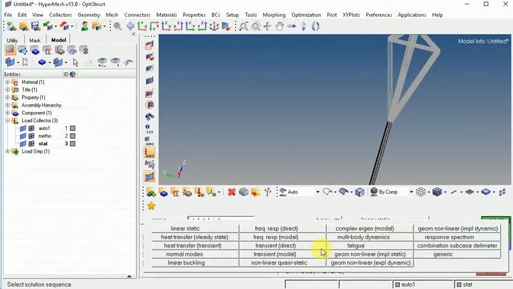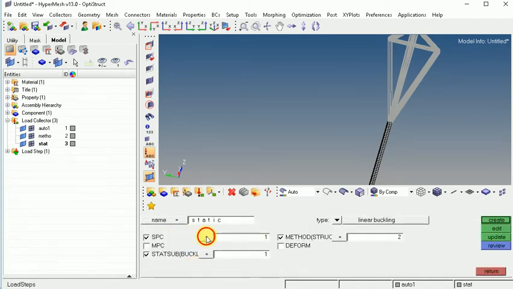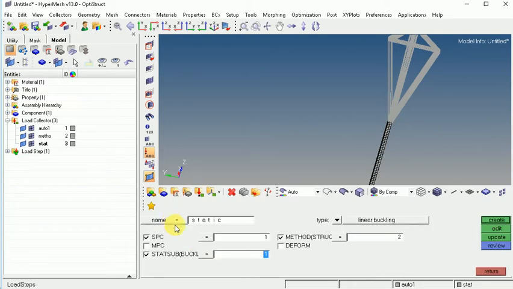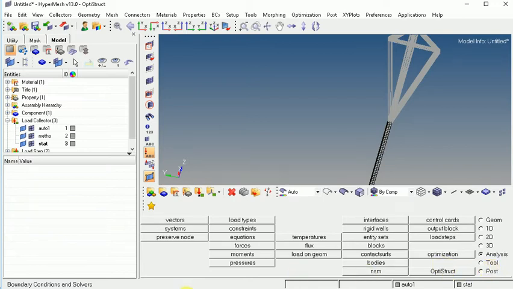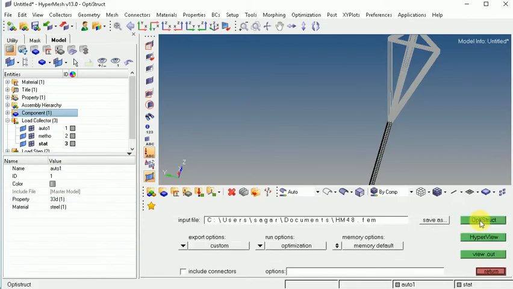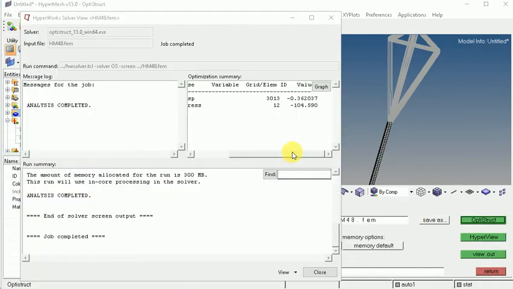Create another load step as linear buckling, SPC as auto 1, method is struct as method, and the static subcase as static. Static subcase is the load step created earlier, and create it with another name as buckle. After that, update the property of component and run the analysis. It is showing the maximum displacement and maximum stresses of